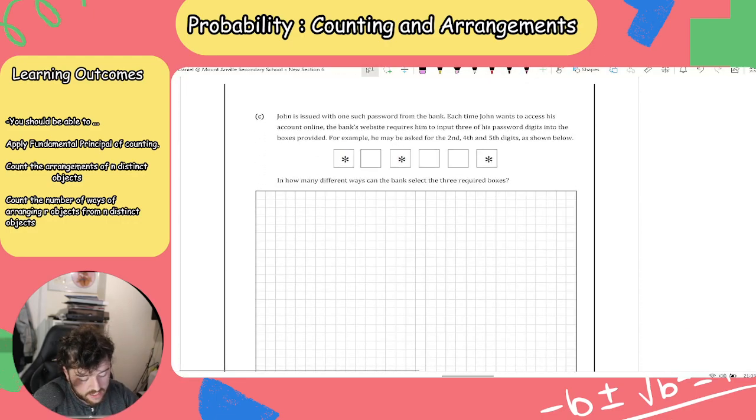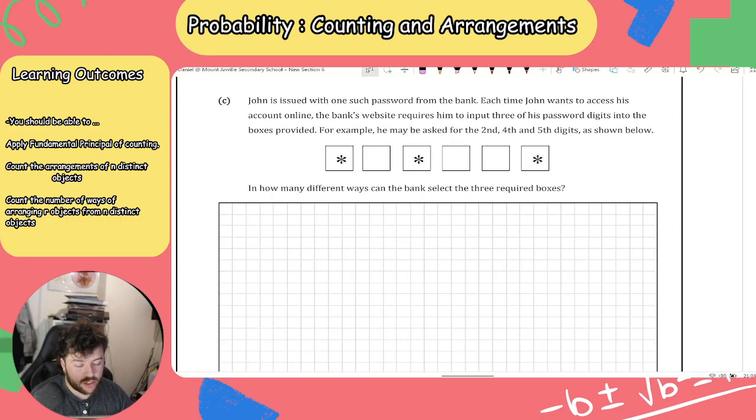Right, then let's look at this one here. Part C. John is issued with one such password from the bank. Each time John wants to access his account online, the bank website requires him to input 3 of his password digits into the box provided. For example, he may be asked for the 2nd, 4th, and 5th digit as shown below. In how many different ways can the bank select the 3